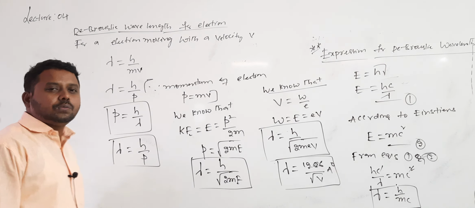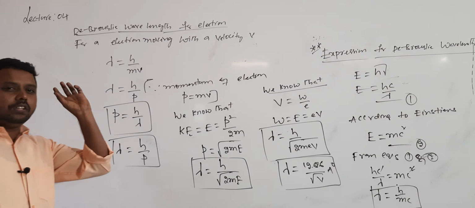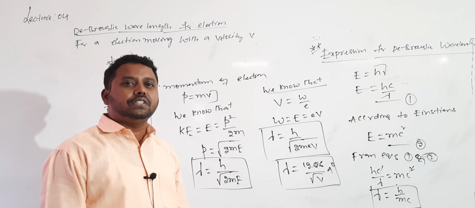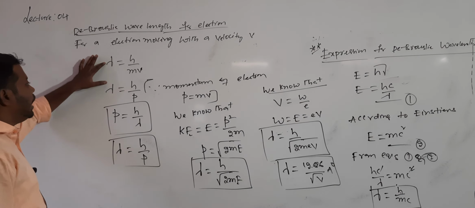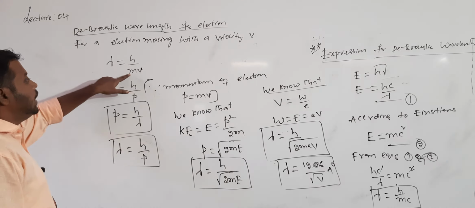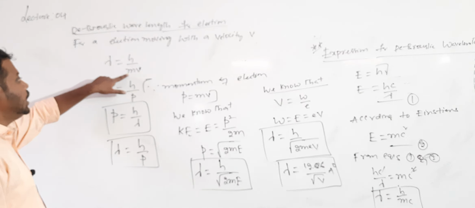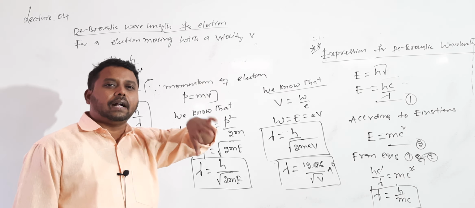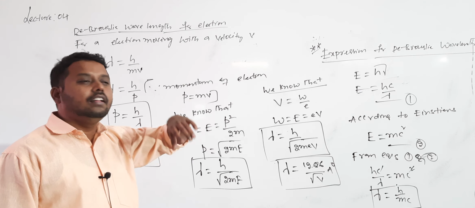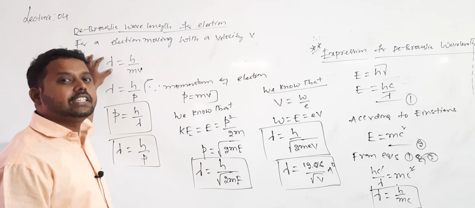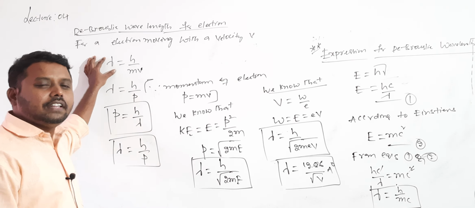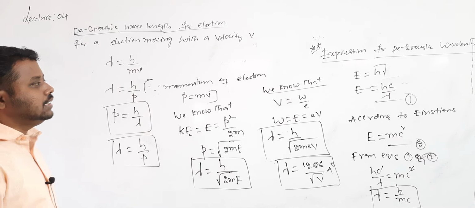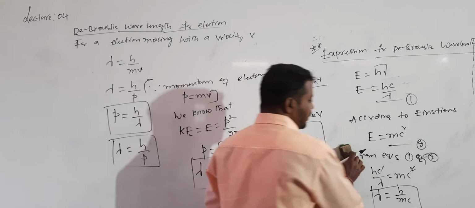Then immediately you can ask one doubt. Sir, if I take a ball and throw that ball, when that ball is moving, one wave is also associated with that ball. As per de Broglie, lambda is equal to h by mv. When the mass of the particle is increasing, what happens to the lambda value? It decreases. That's why for macroscopic particles whose size is bigger, the lambda value will be very, very small, which cannot be detected. Understood? So this is the de Broglie wavelength.